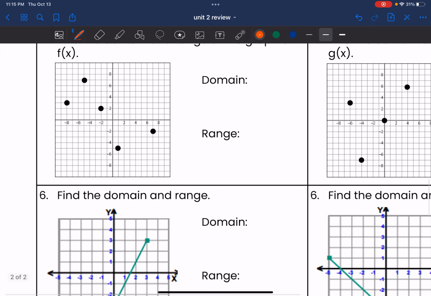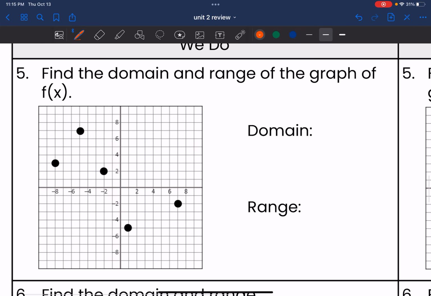Okay, now, domain and range. So with domain, you want to find all the possible x values. And with range, you want to find all the possible y values. This graph here, see how it's separate dots? So when we do our domain and range, we are going to list all of those numbers separately. So domain,